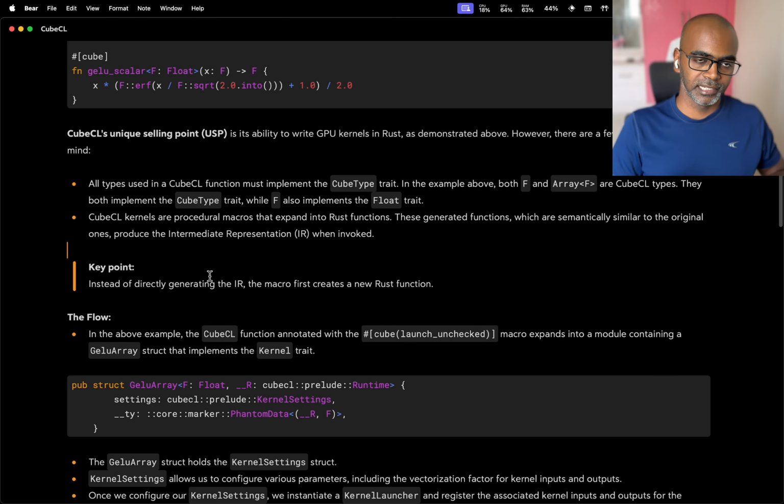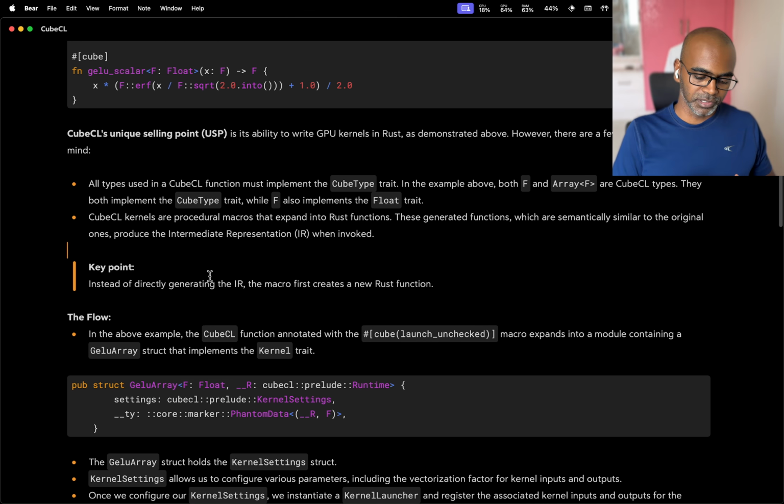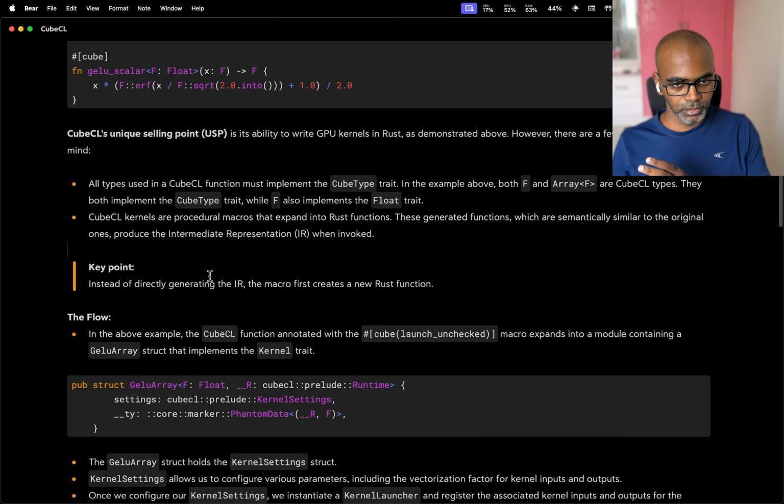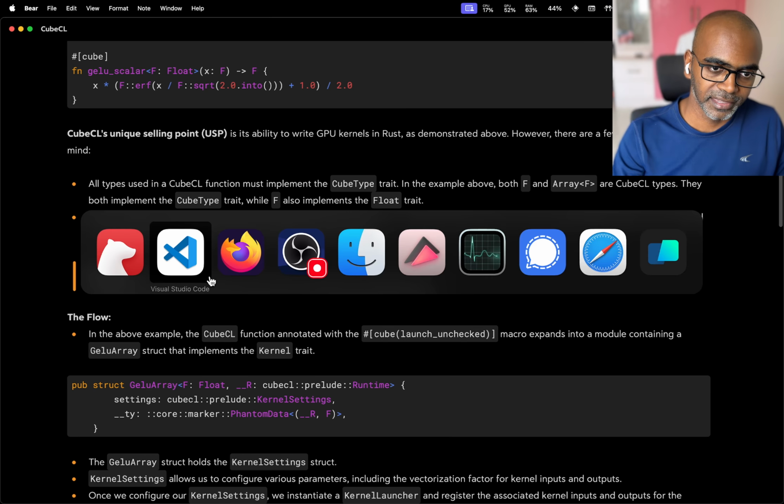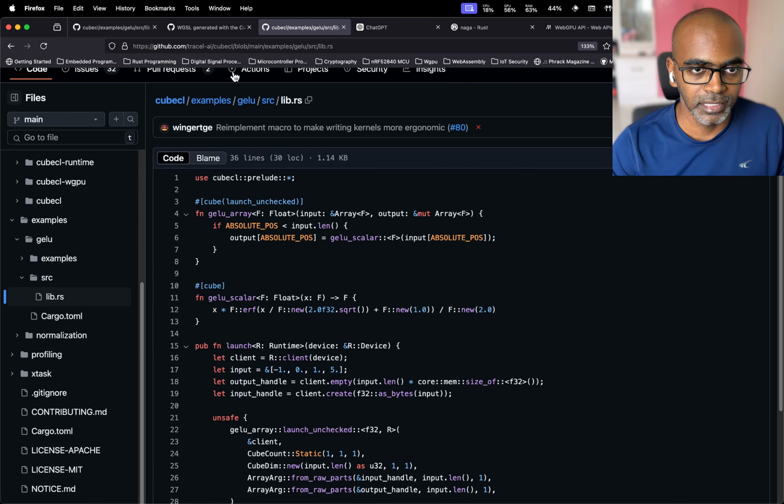You are not taking a proc macro and directly generating an intermediate representation that will be translated to the shading language. It's actually, you first go from the proc macro to an actual Rust function, which is the usual thing you do, and then you go from there to your CubeCL intermediate representation. The reason they do that, I guess they'll explain in a couple of places, but